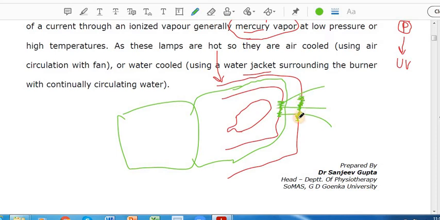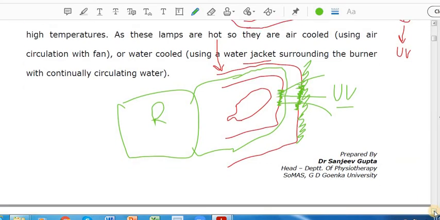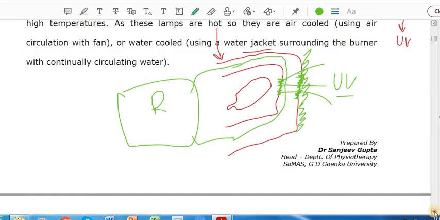If this quartz window allows the ultraviolet to come out, the water circulating like this from a reservoir will ensure that this whole part is not hot, and the radiations are cooled. They just have the ultraviolet frequency or ultraviolet wavelength for which they are meant and for which they are therapeutically intended. But we'll come to this later also. We'll do the lamps one by one.